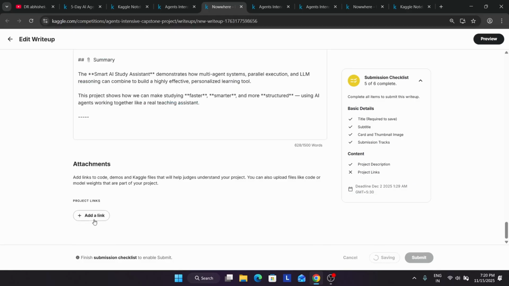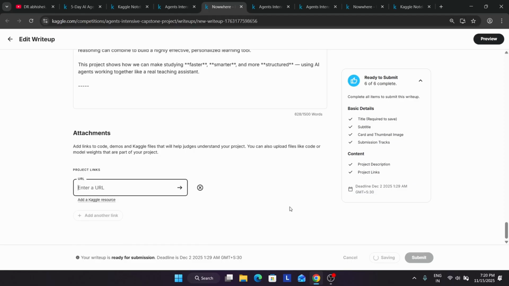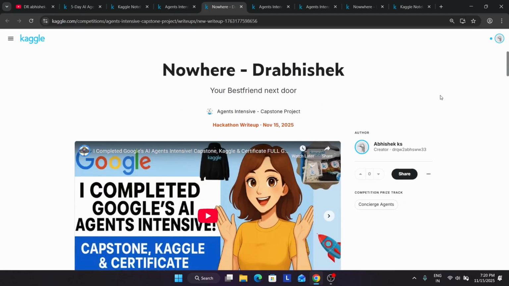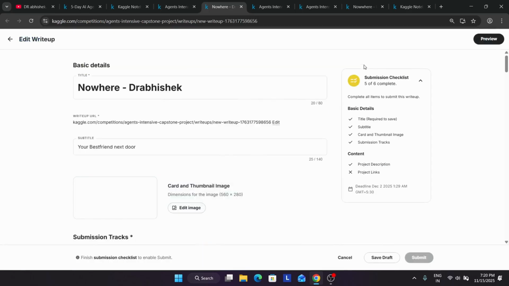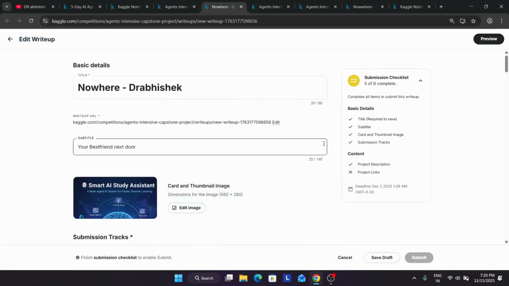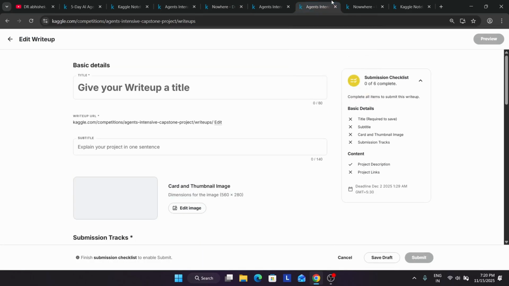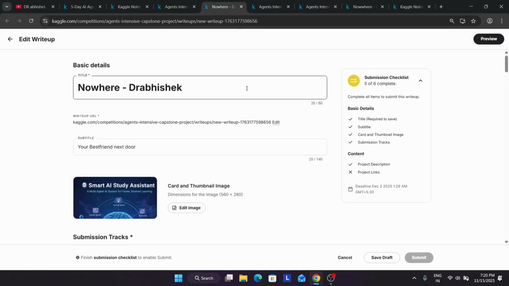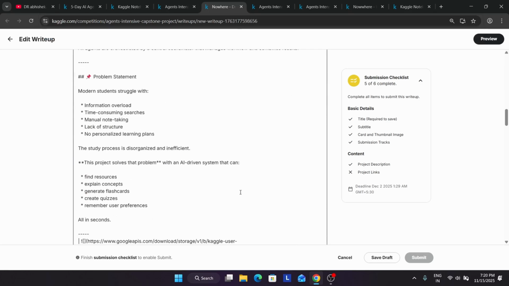Now here it's asking for attachment. You have to click on add a link. Now many of you are asking, do we need a GitHub account also? So what happened? It's saved. Okay, let me modify again. So many of you are asking, do we need to have a GitHub account also? Here, if you have a GitHub account, it's well and good. You can add your GitHub account also and just add the link over here in the bottom.